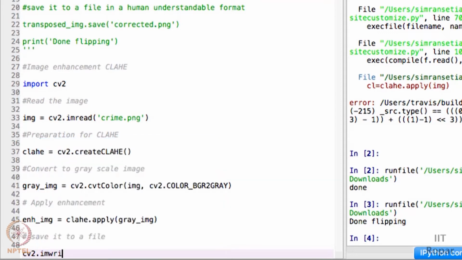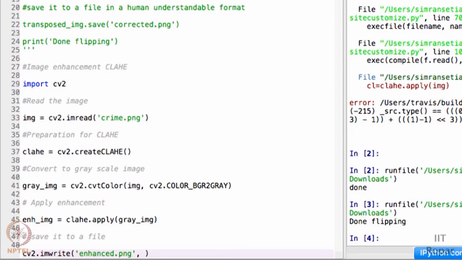cv2.imwrite, image write. Here, as always, you're supposed to give the path of the file, but I want the output file also to be written onto the same directory, so I'm just giving the desired name. In case you want it in a different path, please do specify the complete path. I would like to call this enhanced.png. I'm okay with the same format. In case you want to change the format, you can try changing that too.